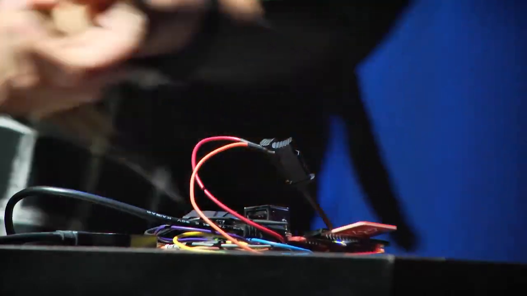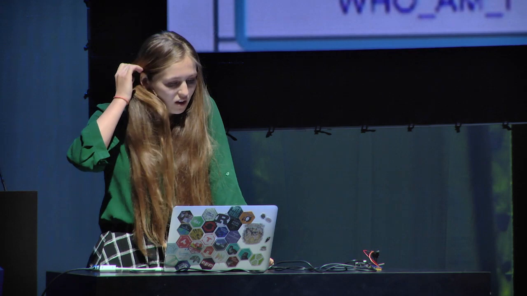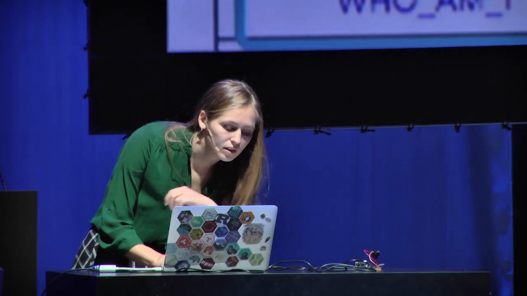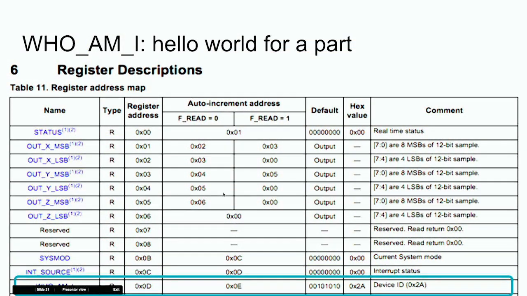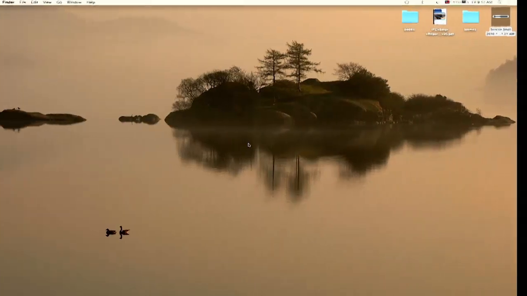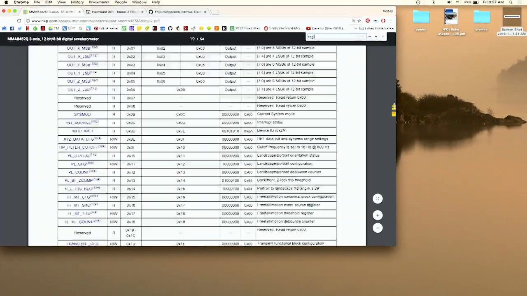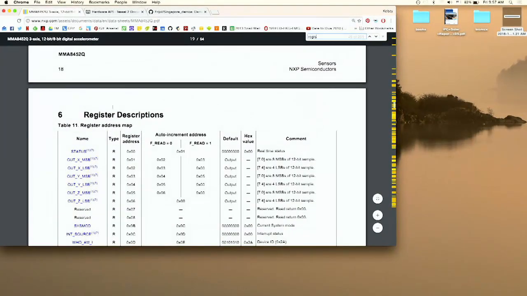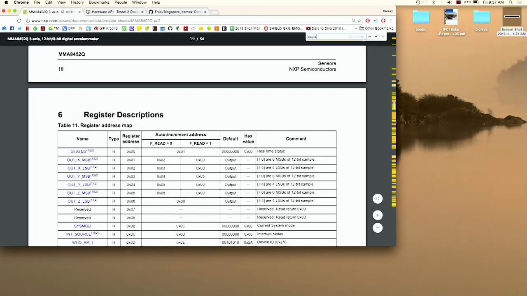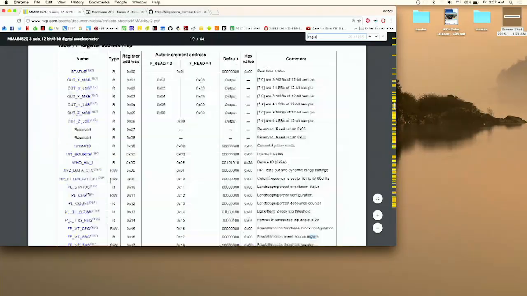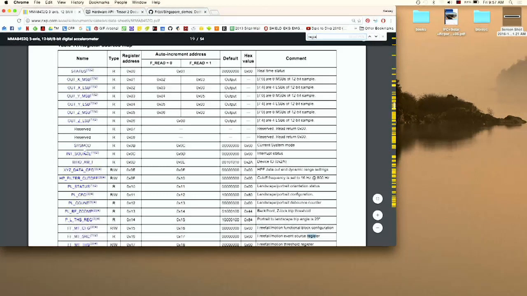Okay, cool. So I'm going to do the hello world for this particular part, which is not writing the words hello world onto it, but actually looking for this thing called who am I, which you can find in the data sheet. One of the most useful bits of the data sheet is this thing called register descriptions. It tells me if I want to get different kinds of data, like status or out X or out Z,